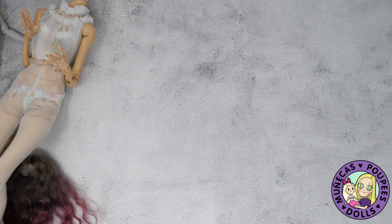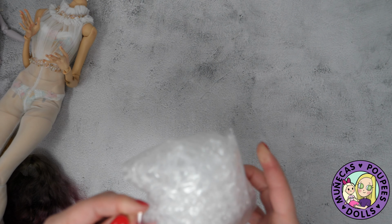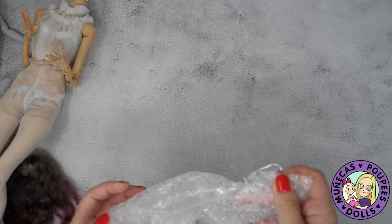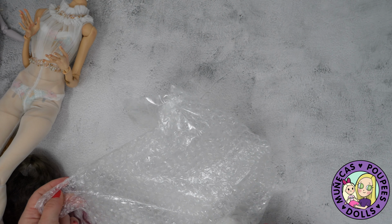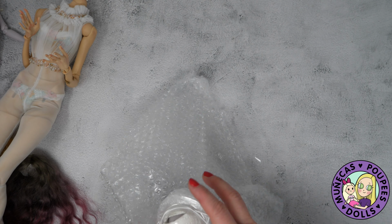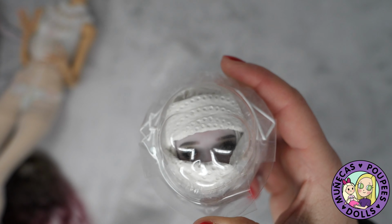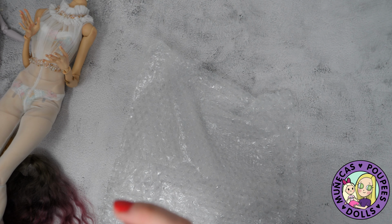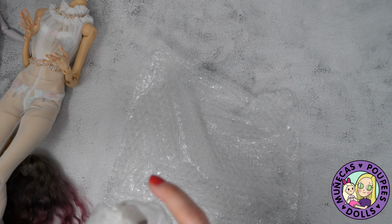I'm busy. All right, so here we've got something. Let's get this open and see what it is. I think this is gonna be a Popovy head, if I had to guess. Yes it is. So you can kind of see, this is the lavender Popovy, and I can't quite decide which,